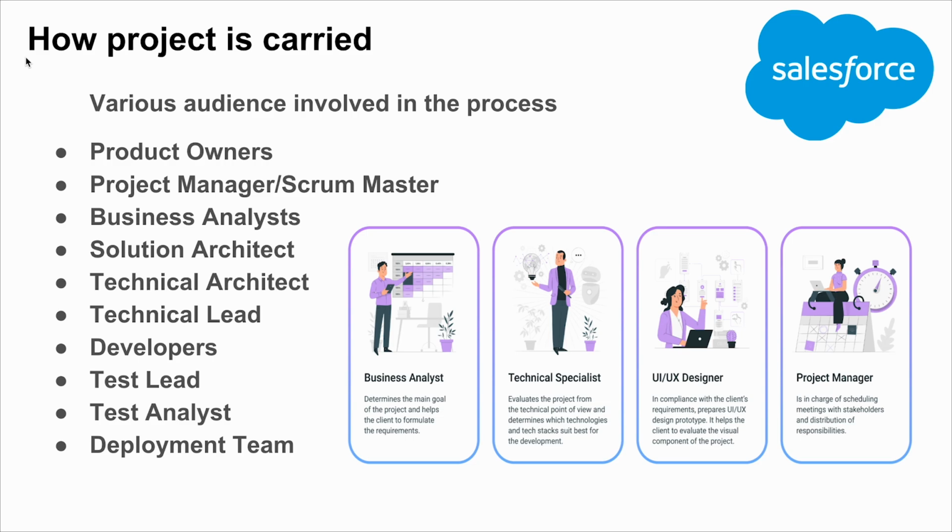Next comes a very important person in the project, the business analyst. He is the primary individual who acts as a bridge between the client and the vendor. He takes requirements from the product owners. He understands the requirements clearly and those requirements are converted into user stories. And he conducts sessions to explain the requirements to technical architects, developers and testers. He is mainly responsible if there is any gap between the product owner's understanding and the technical team's understanding.